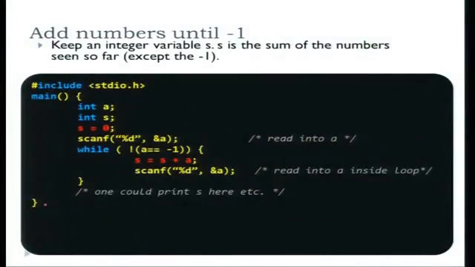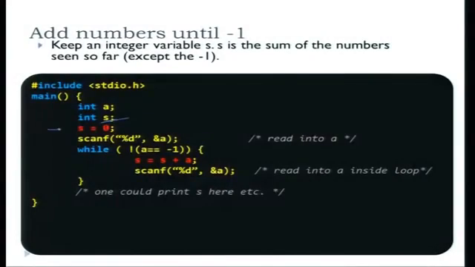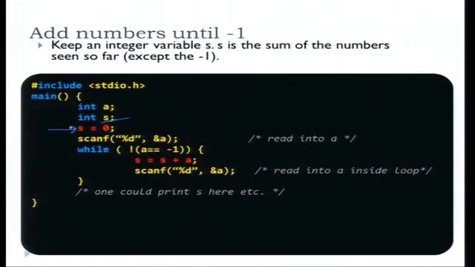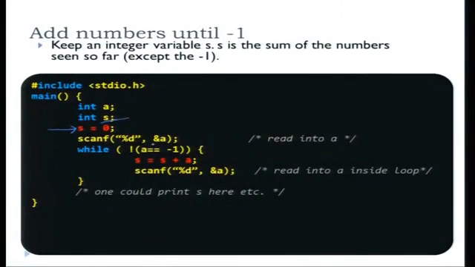What I'll do is declare a new variable s. So here is the new variable s that I have declared. s is supposed to hold the sum of the numbers that I have read so far. Now it is very important that when you declare a variable, you should initialize it properly. In the case of a, we did not initialize it because we were reading the first number as soon as a was declared. But in the case of a sum,